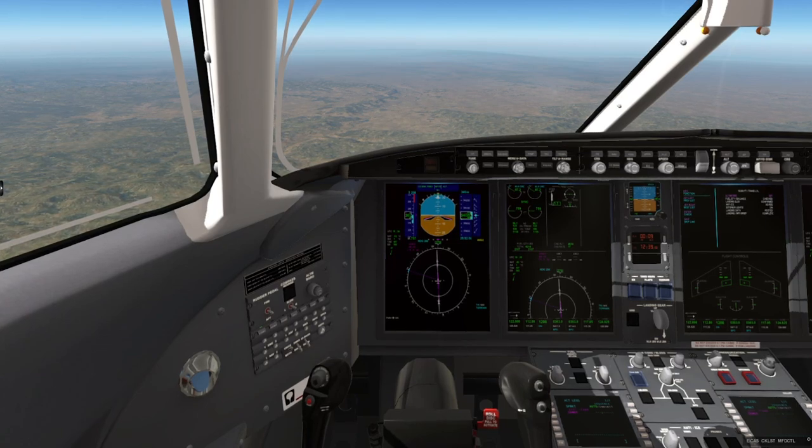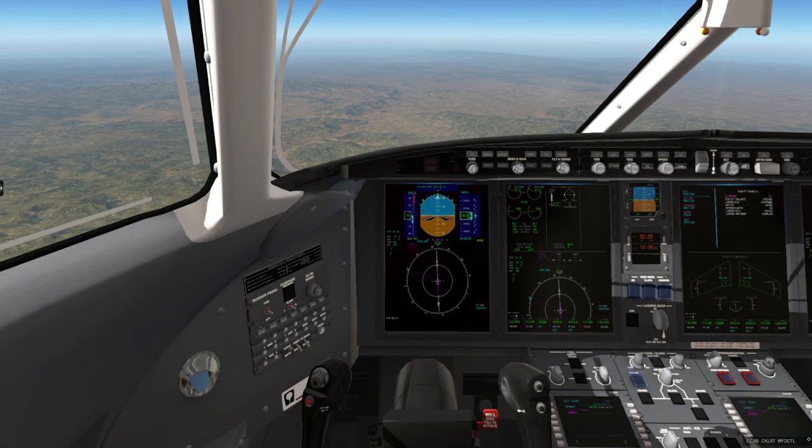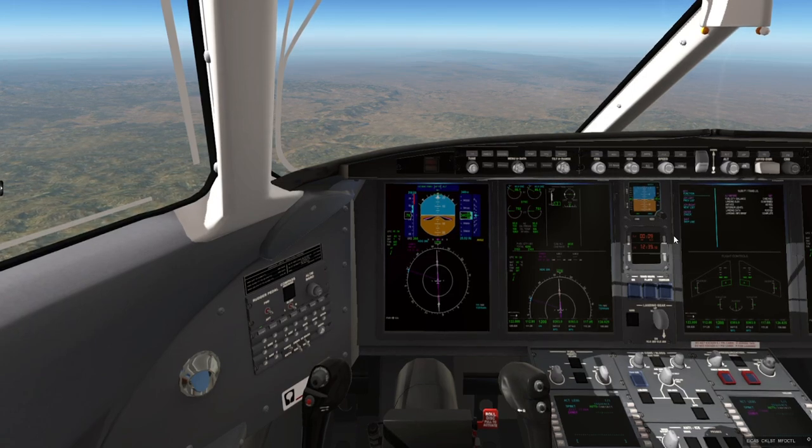Alright, airplane did pretty well on that one. It leveled us off. We're going to switch over to Mach, and I think we were filed at Mach 0.82 for today, which I'm curious to see. That's like right at the max. We'll cruise 0.80